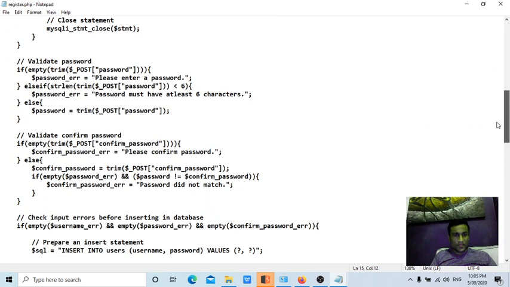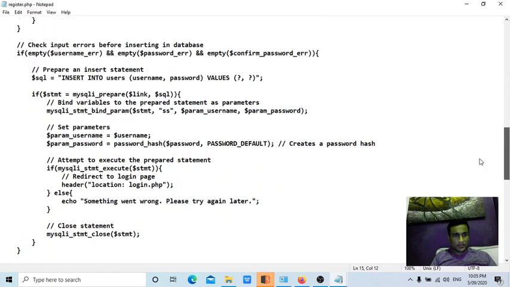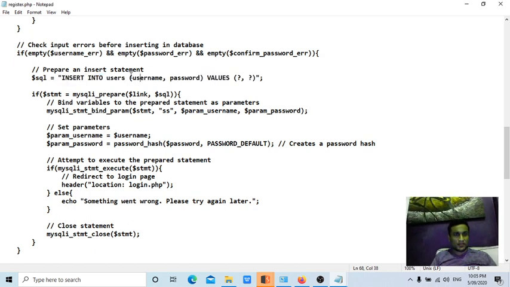After entering the username and password in the same page, your data is stored in the database. Whenever you enter details on the registration page, your username and password are inserted into the database.